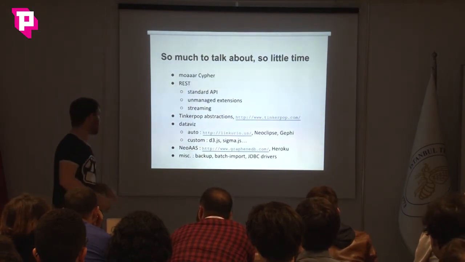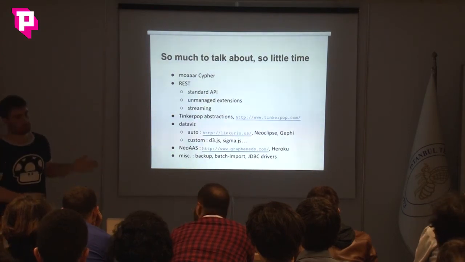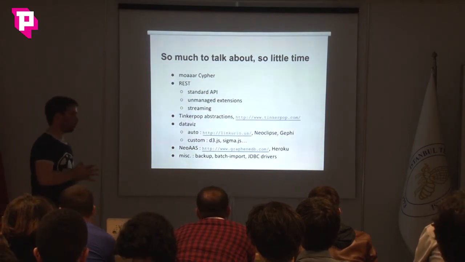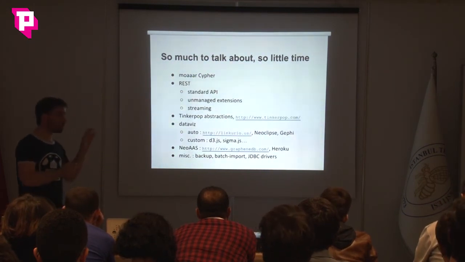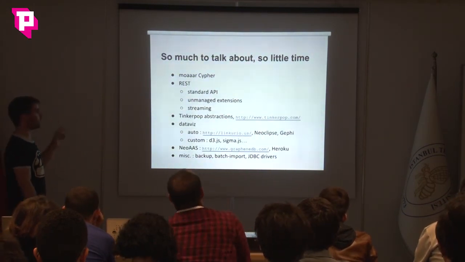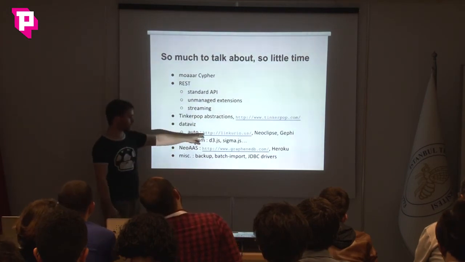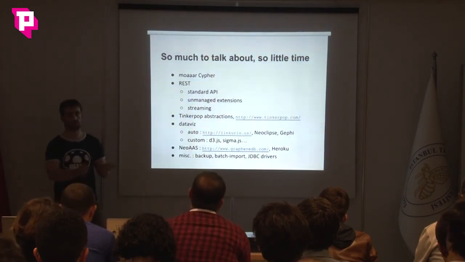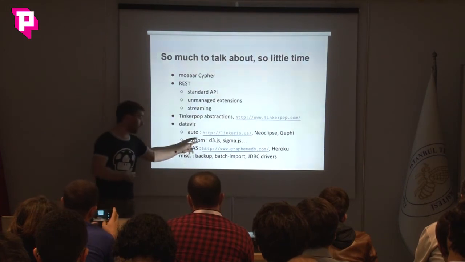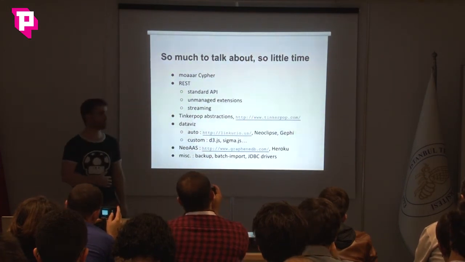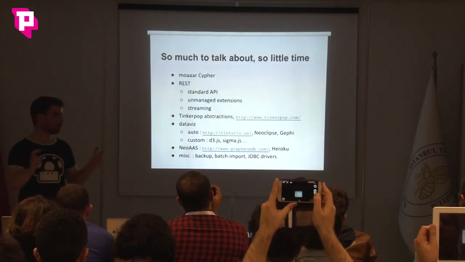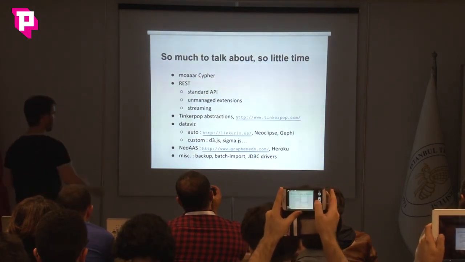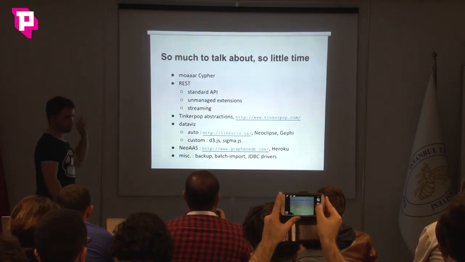You should check out Cypher, it's really nice. Just try console.neo4j.org to play with it. There are Neo4j fragments of things. There is Neoclipse, which is a very nice database tool. It's online, so if you want to see your graph in different ways, you should try it. GraphenedB is awesome, so you can have the graph database as a service in the cloud, so you should really try it. Heroku add-ons as well. And there is so much more.